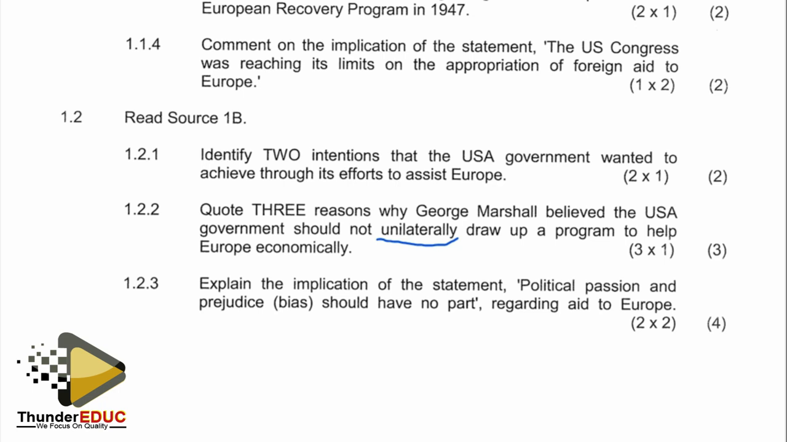Why did Marshall believe that it was not only the duty of America alone? It was the one which was offering the funding. However, it was not supposed to be the sole duty of America to do the planning or to draw up the whole program on its own without considering the input of other countries. Why was it like that? That is the question. So we want to quote 3 reasons why George Marshall believed that it was not only America which was supposed to come out with the recovery plan for bailing out struggling European economies. Right? If we go to our source,